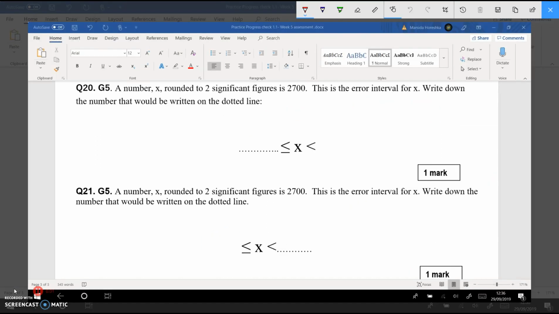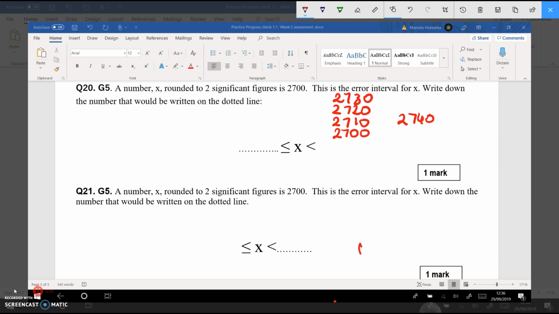A number x rounded to two significant figures is 2700. This is the error interval for x. Write down the number that would be written on the dotted line. So we've got to write the potential values that x could have. So it could be 2700, because if you round this to two significant figures, it would give us 2700. It could be 2710, 2720, 2730, 2740,